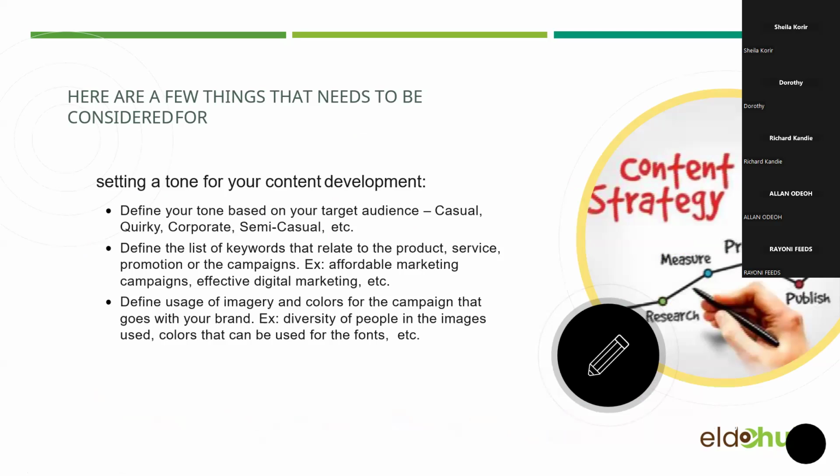So when it comes to marketing messaging, the things that you should be considering, especially, is setting a tone for your content. So nowadays, as I have said, we have several generations. There is generation Alpha, generation Z, generation millennials, then we have generation X, the silent generation, and then we have baby boomers. So every target, every customer at every stage, has their own tone. This is what they want to hear from you.